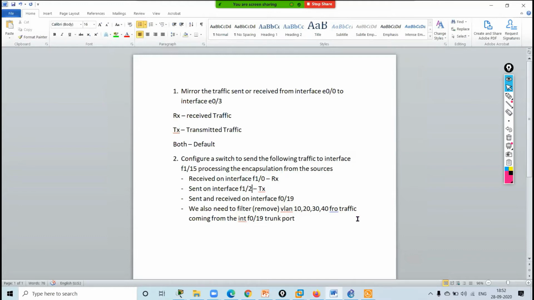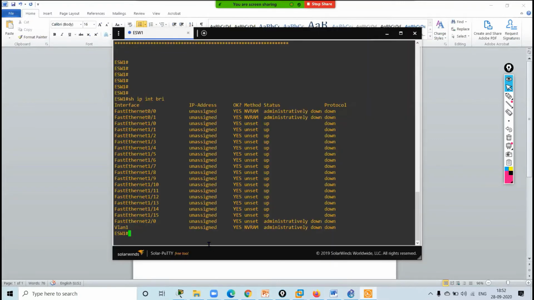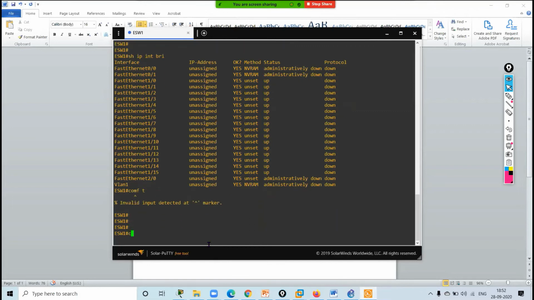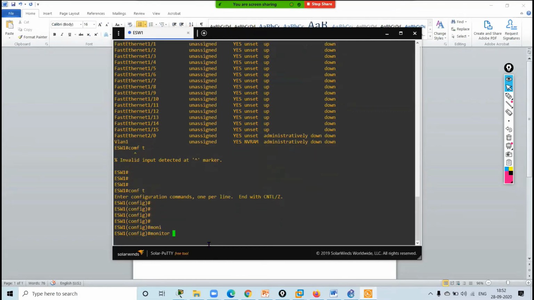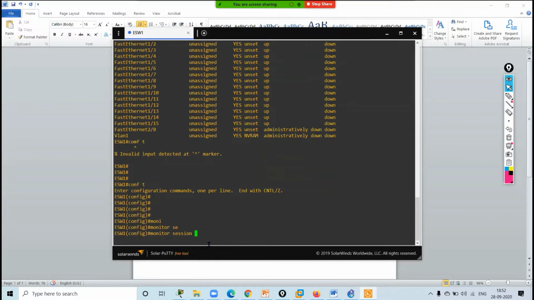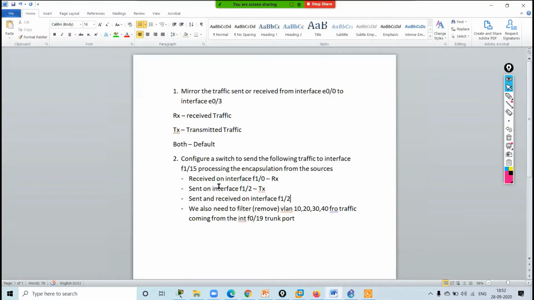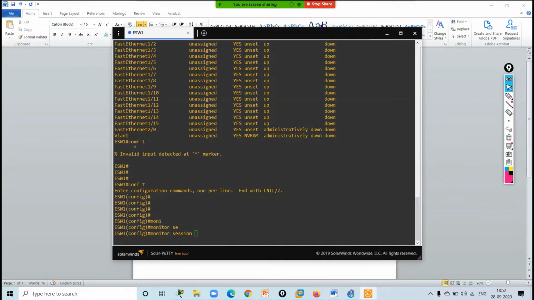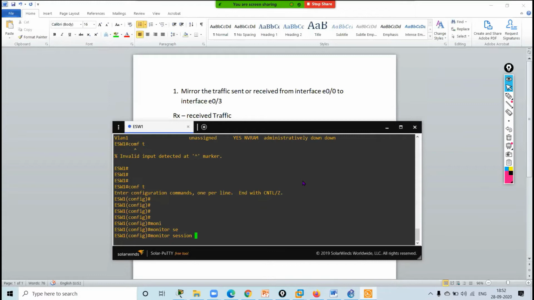1/2. So the command is monitor session for the first type of traffic received on the interface fast Ethernet 1/0. I want any traffic that is received on the interface fast Ethernet 1/0. So monitor session, then the number, then